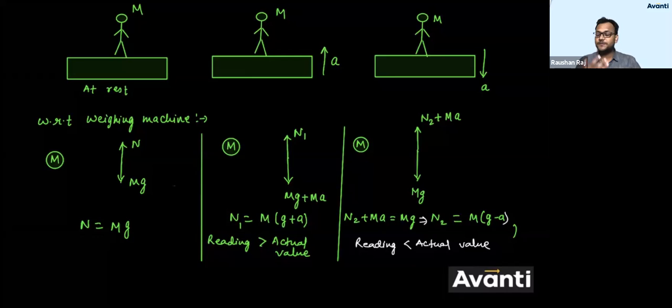You will have an experience. If you are standing on a weighing machine which is falling with an acceleration equal to acceleration due to gravity, you will experience a free fall. No normal reaction will act on you, because if this normal reaction is zero, you will not experience any force at the bottom of your feet. Okay? You will not experience any force from the weighing machine. Then you will experience that you are falling down freely. That is called free fall.